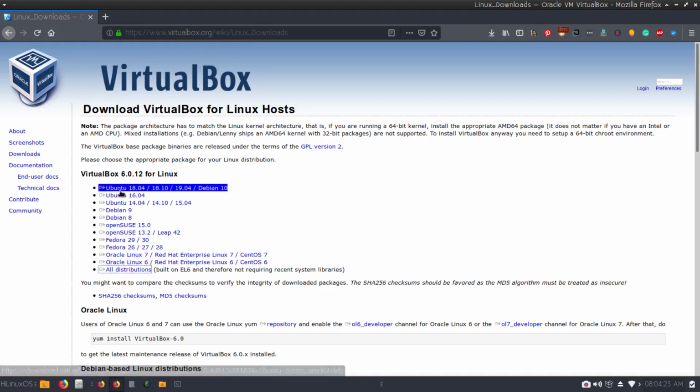Here you can see it is available for Ubuntu 18.04, 18.10 and 19.04 and Debian 10. You can also install it if you are using an older version of Ubuntu like Ubuntu 14.04 or 16.04. Then it is also available for Debian 9, Debian 8, OpenSUSE 15 and some other Linux distributions. If your Linux distribution is not available here, you can click on all distributions